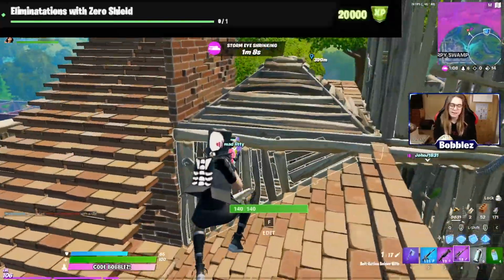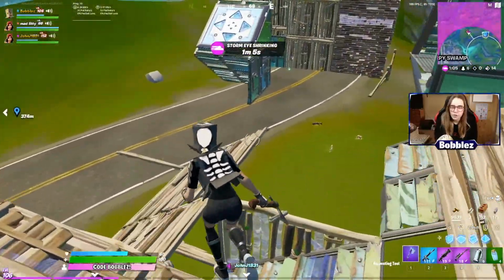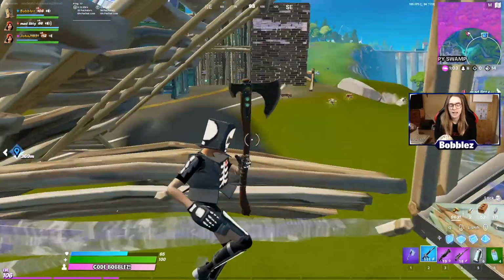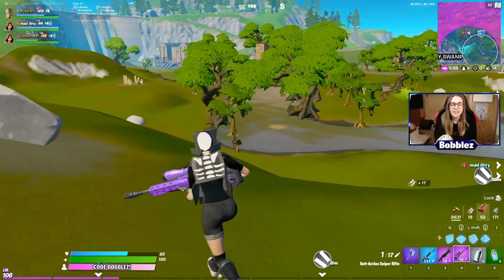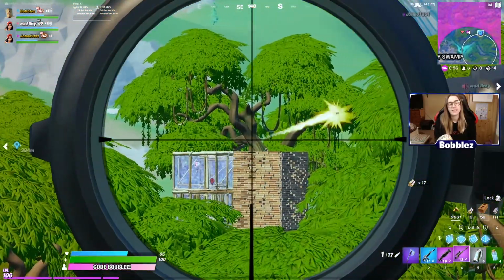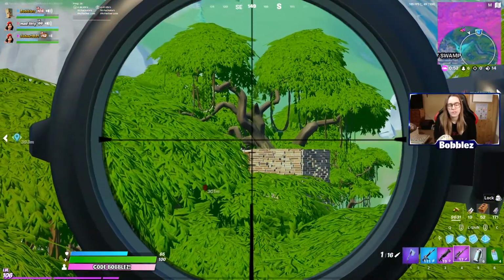The next challenge is eliminations with 0 shield. So again, this one is straightforward. You just don't have to pop a shield, and you have to get literally just 1 elimination. So very simple. Team Rumble is definitely the way to go for this one, since you obviously have respawn on, so just don't pop a shield and try and get an elimination, which can be much easier done in this